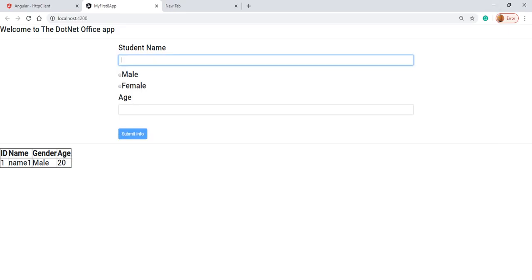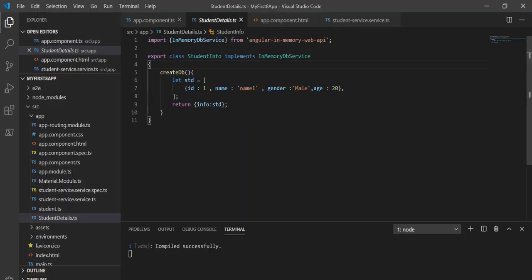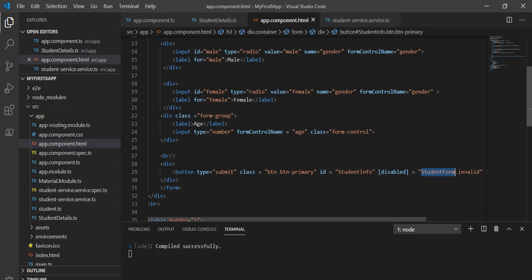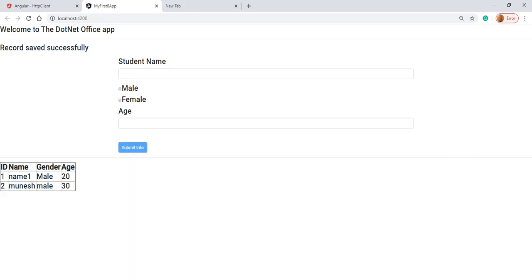In the previous tutorial, when we gave any information here and updated, it was inserting this data. Actually in the previous tutorial I missed putting this line here. In this application I have kept it, so that's not a big task, we can keep it like this. In this way we did the post request.